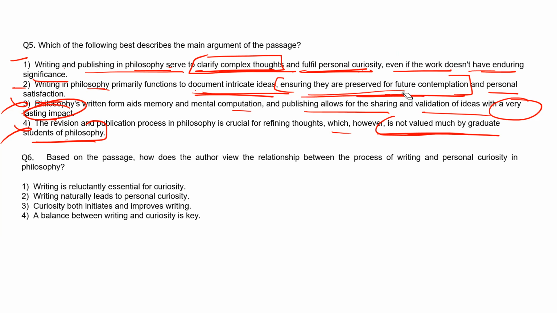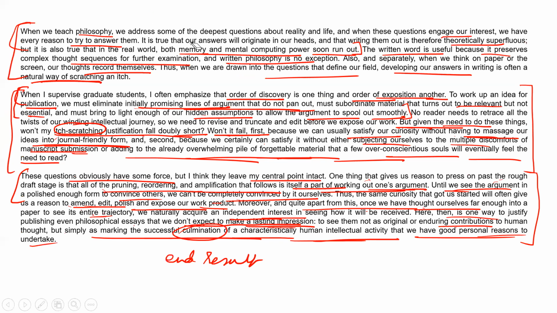Ensuring they are preserved for future contemplation, ये नहीं कहीं पे भी mentioned है. ये जो future contemplation वाली बात थी, वो तो यहाँ पे थी कि जब हम उसको अपने लिए लिख रहे हैं, तो we can come back to it. Further examination, complex. The written word is useful because it preserves complex thought process for further examination, and written philosophy is no exception. So,